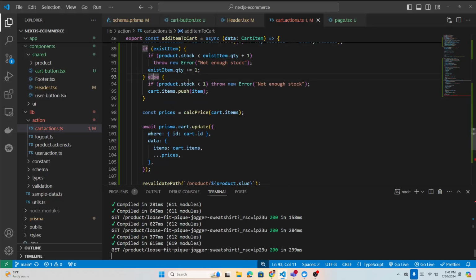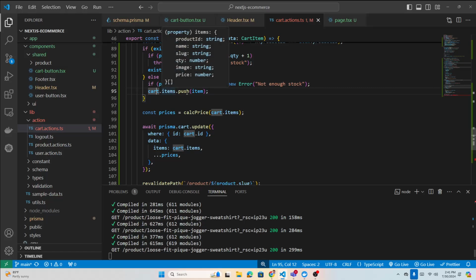So we're going to have, if there is shopping cart, we just receive the product, right? Whatever item we are adding, we have the product. We will check the stock in that product. If there is stock less than 1, then don't need to add, right? And then cart item, because if you have shopping cart, you just update the item. Okay,